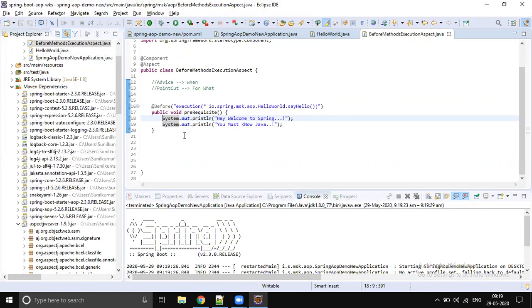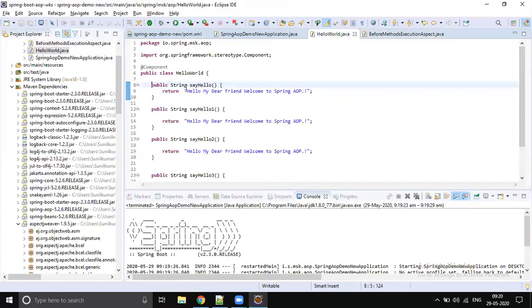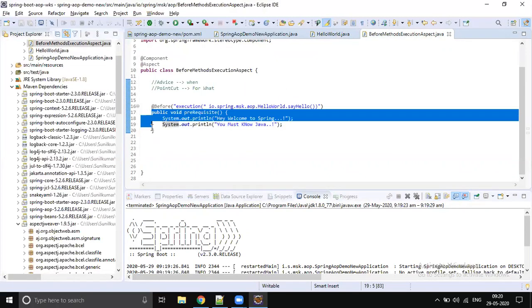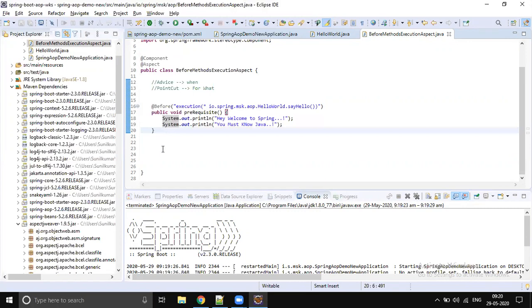The actual main method is going to execute sayHello, and in between we cross cut something. So we are separating our cross cutting logic from our business logic.